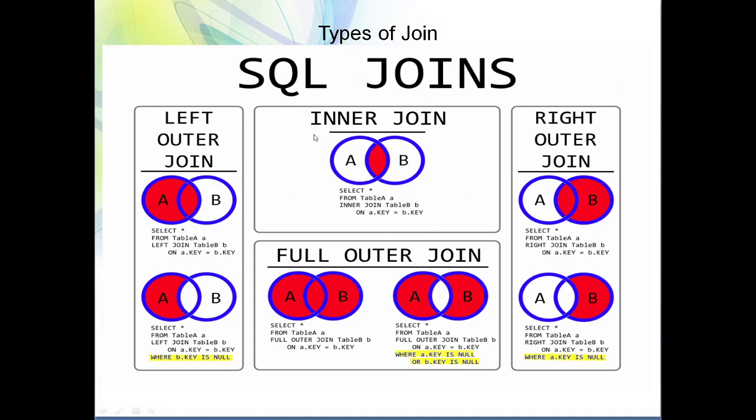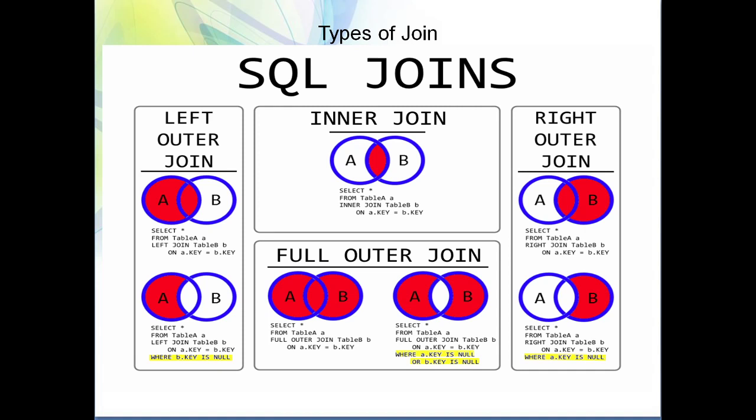As I told you, the first one is the inner join. By using that Venn diagram, you come to know that suppose A is a table and B is another table. What kind of data is returned by the inner join operation? It will return data which is common in both tables, in table A as well as in table B. So I talk about inner join. In case of inner join, we are going to talk about equi join, natural join, self join, non-equi join. These are the various types of join which are part of inner join.